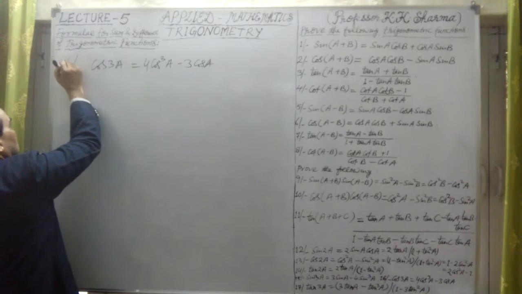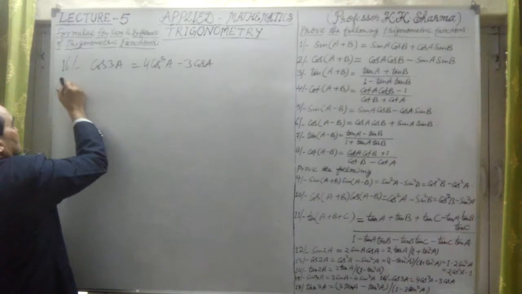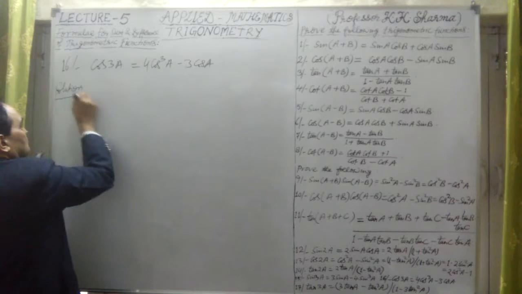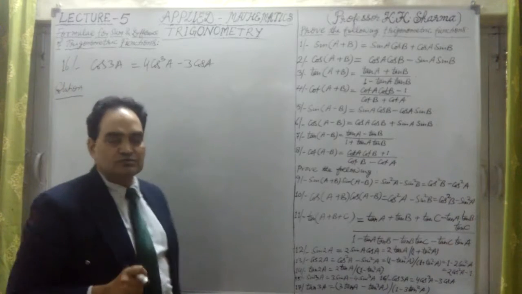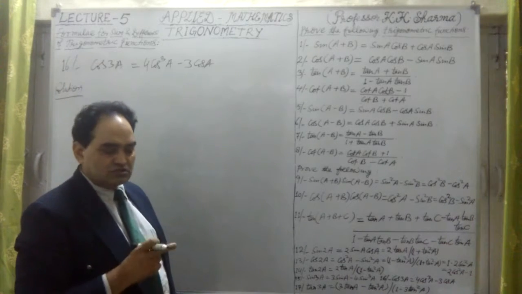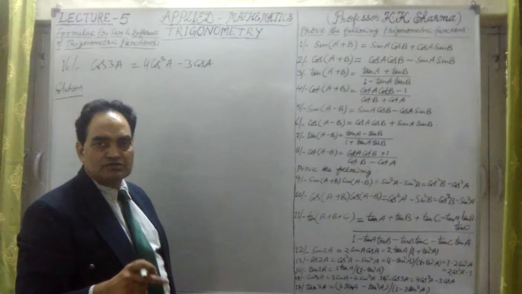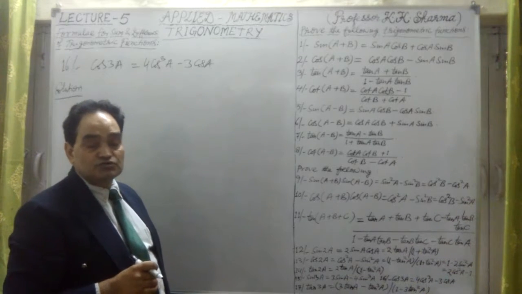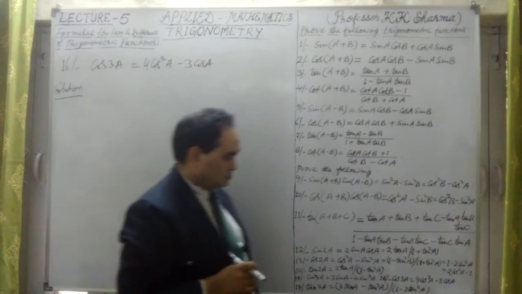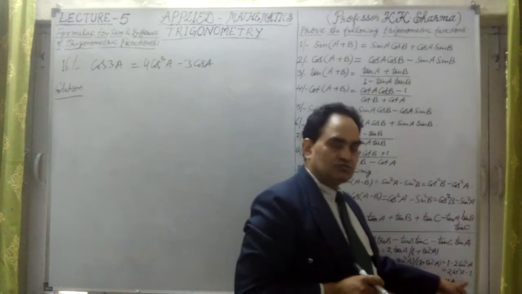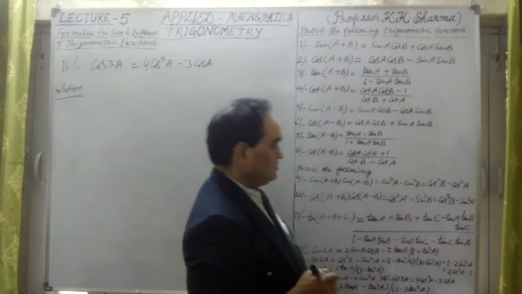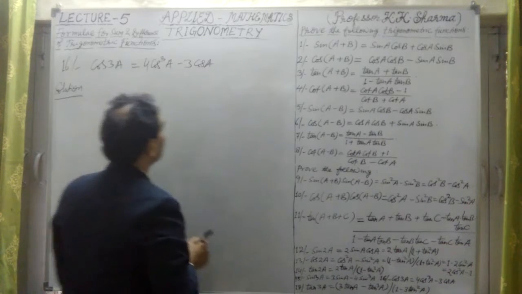Again, let us apply the cos 2A formula in terms of cos only. That was the third formula, 2 cos square A minus 1 equal to cos 2A. So cos 2A is equal to 2 cos square A minus 1. This formula will be used if we have obtained this question. Okay, so let me take